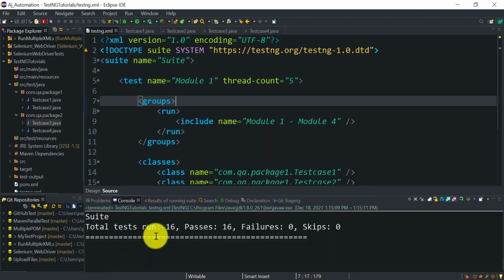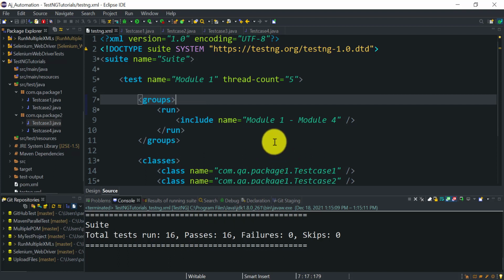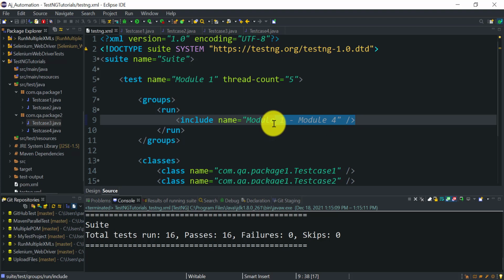So this time it has executed all the TestNG methods, all the 16 TestNG methods, because all the TestNG methods are indirectly part of this TestNG group module 1 to module 4 defined at the TestNG class level.